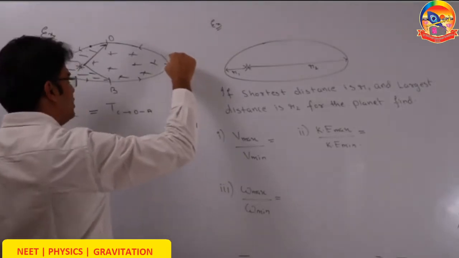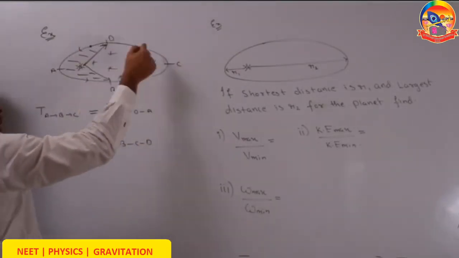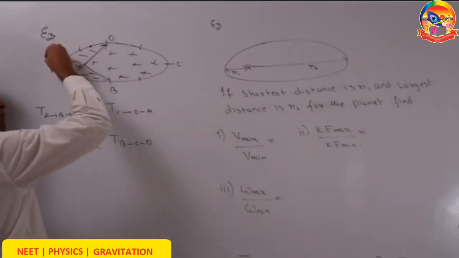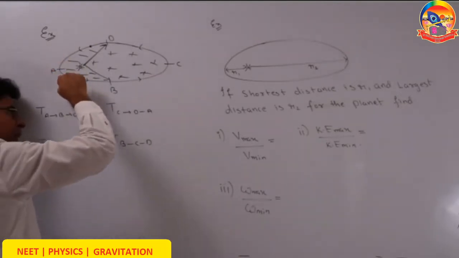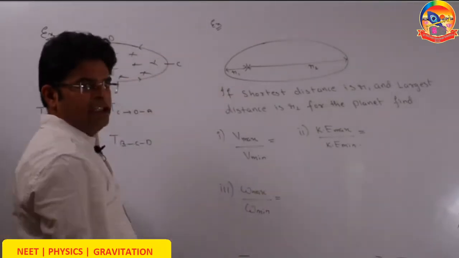Second thing, beta, in the last slide I said that always visualize speeds up, slows down. At C is the minimum speed. Going from C to A, the planet speeds up, and maximum speed is at A. Going from A to C, it slows down, and the minimum speed is at C.